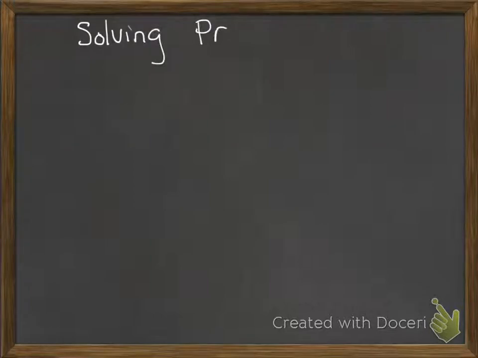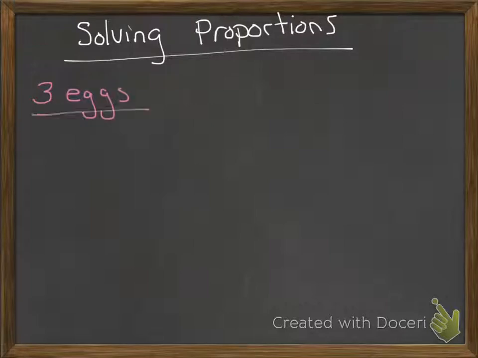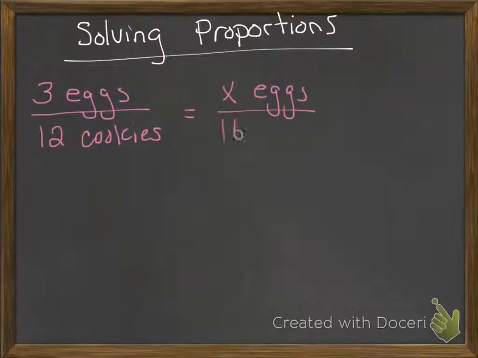Now let's solve it. So let's pretend that I gave you that word problem and I want to know how many eggs I need to make 16 cookies. So here is my proportion that we just set up. Now let's solve for it. Solving for this is super easy. I've probably been doing it since like kindergarten. So all we do is cross multiply. I'm going to end up taking 16 cookies and multiplying it by 3 eggs, and 12 cookies multiplying it by x eggs. But in order to do that, I'm going to make my life a little easier